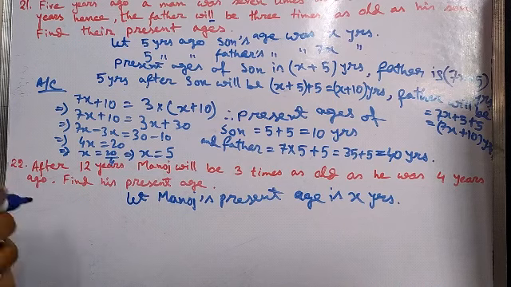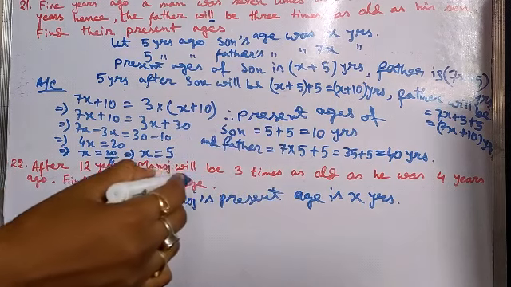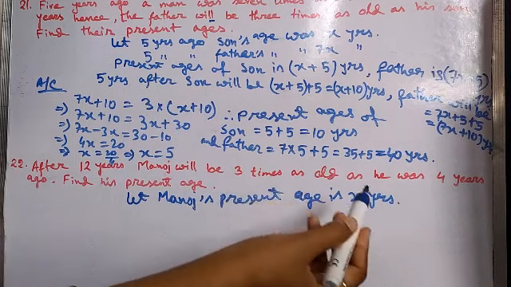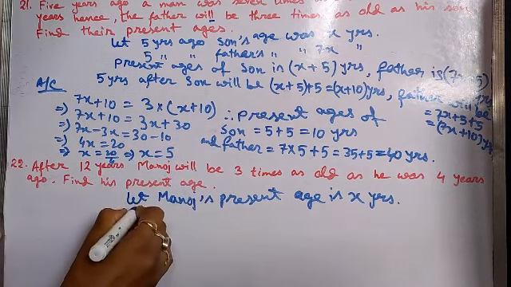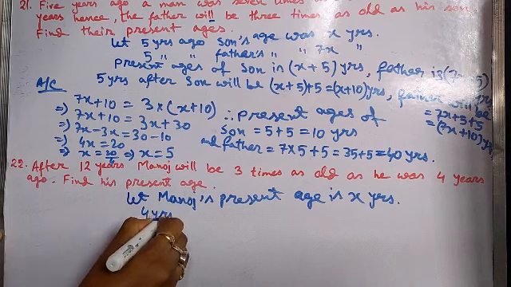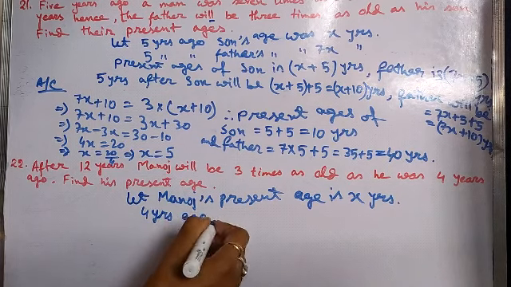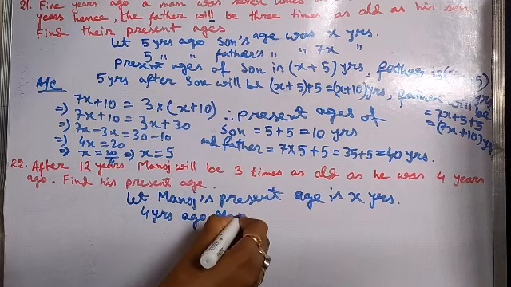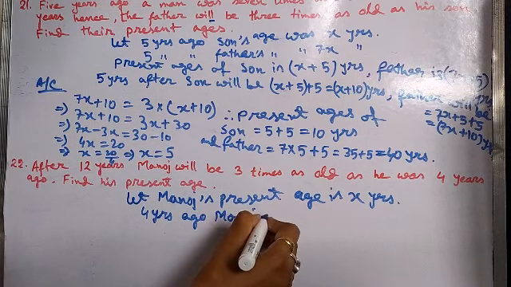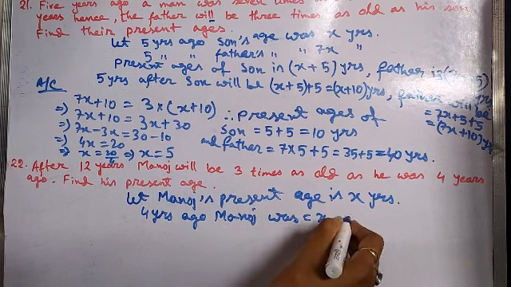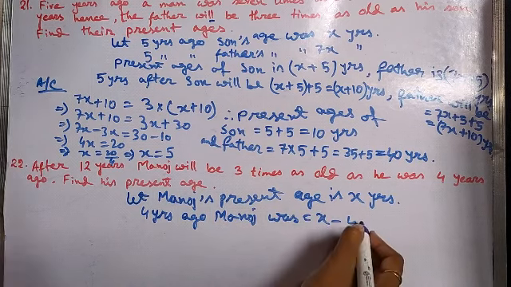Then our work is to find what the age was 4 years ago and what it will be 12 years after, by using x. So 4 years ago Manoj was x minus 4 years,